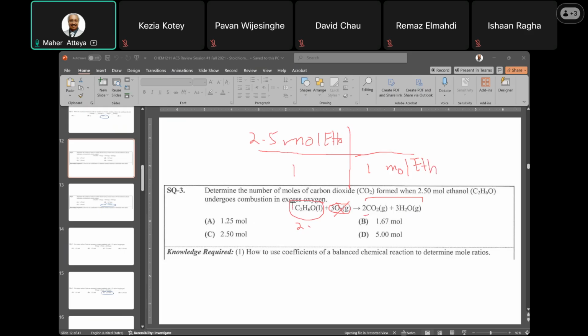This is 1, and this one is 2. It is 2 moles of CO2, right? So the answer is